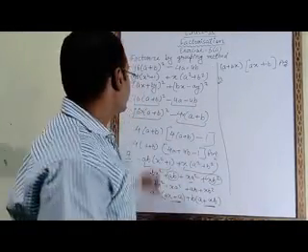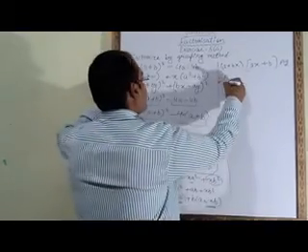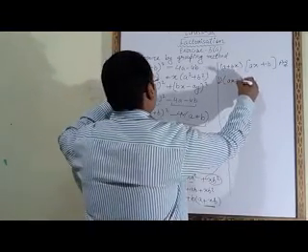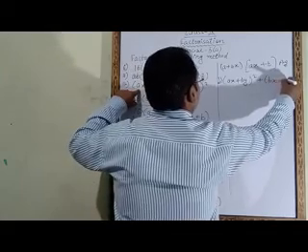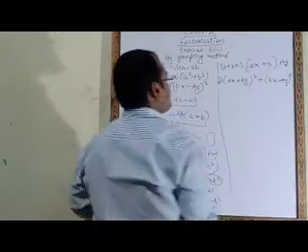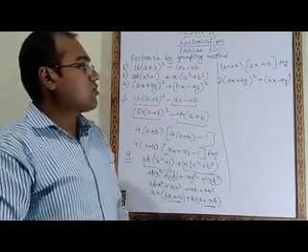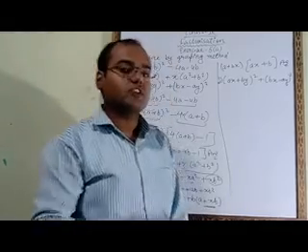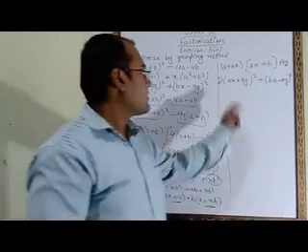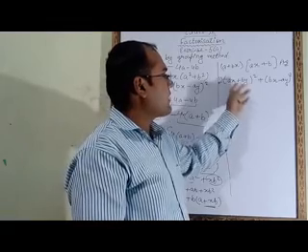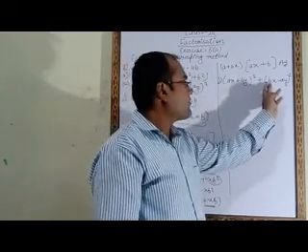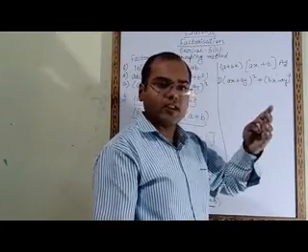Question number 11 is, in the bracket it is written ax plus by whole square plus bx minus ay whole square. So here in this question what you have to do? First of all you will check whether anything is common in this term and this term or not. From ax and by we will not get anything common. From bx and ay here also we will not get anything common.